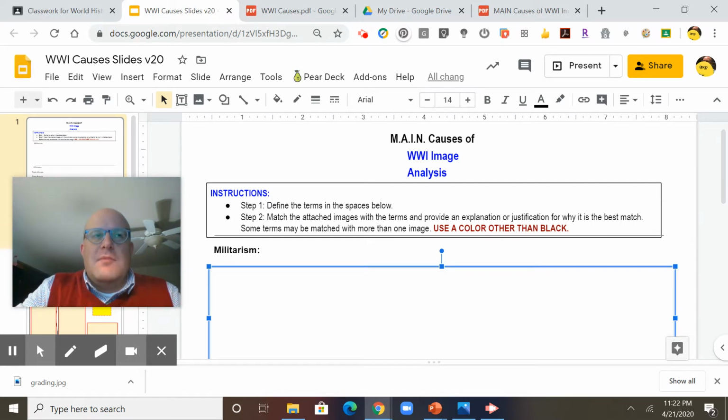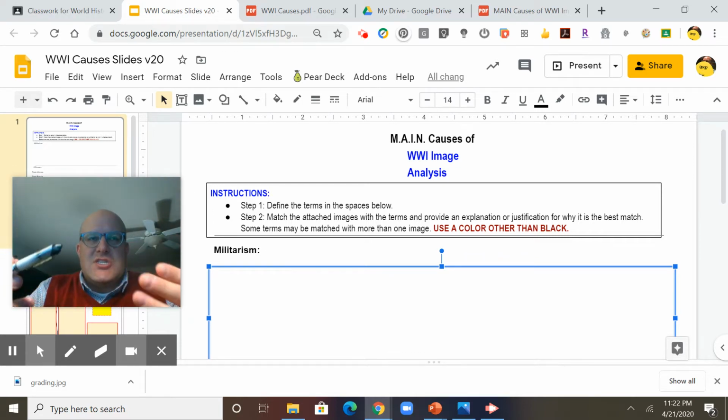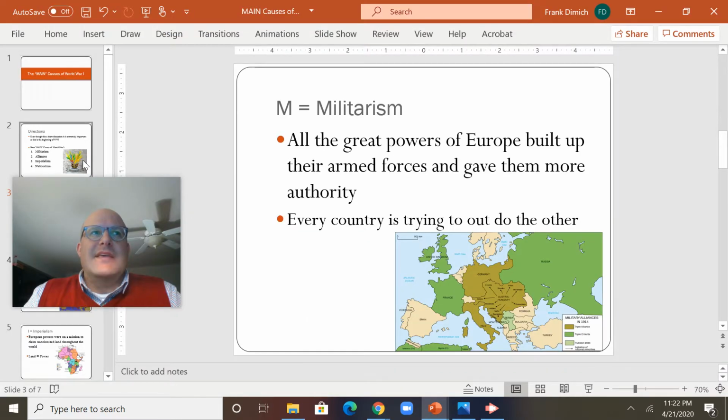As we start plunging more toward World War I, we talked about different wars. We talked about Russia's powers. We're starting to have an unstable situation. So you need to get down some notes about these that I'm going to go through, and I'm going to give you a series of images that you're going to need to match up with each cause. Okay, and the acronym being MAIN. Okay, so MAIN, militarism being first.